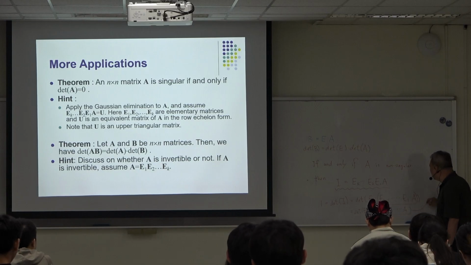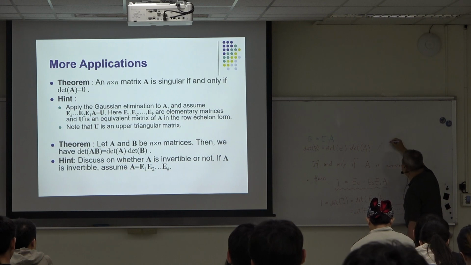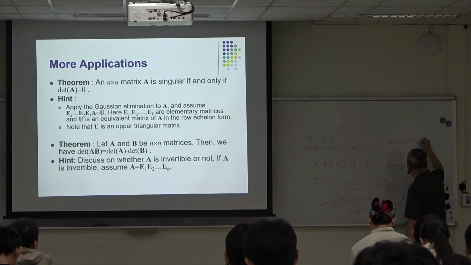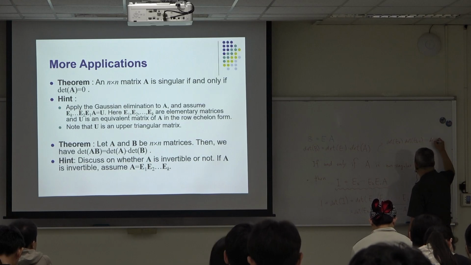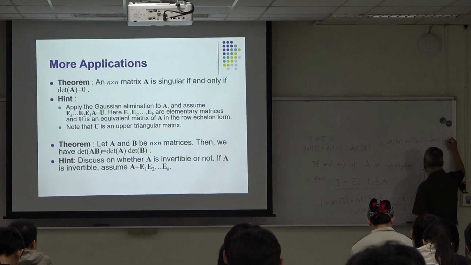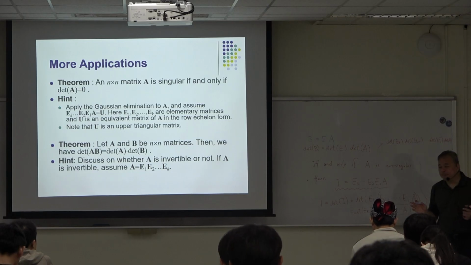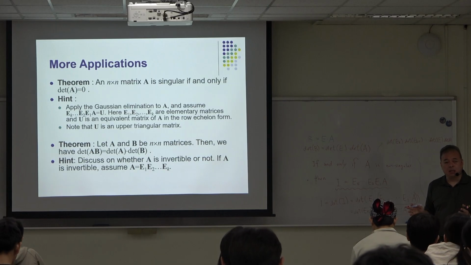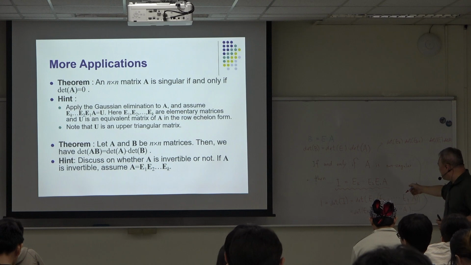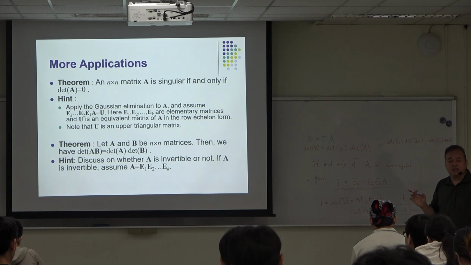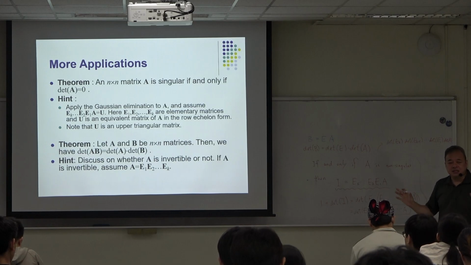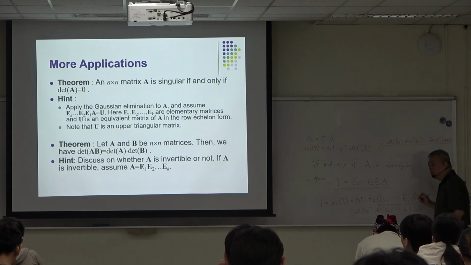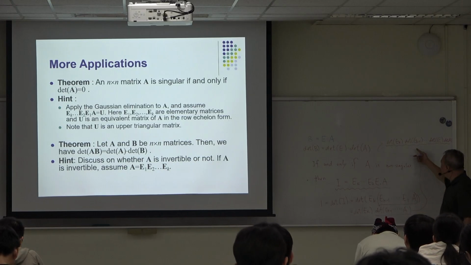So eventually, this thing will be the determinant of EK times the determinant of EK minus 1 times the determinant of E1 times the determinant of A. Right? This is a chain of terms; you take one term out at a time, separating it into a product of two terms, and in the end it becomes like this. As I say, okay, some of those elementary